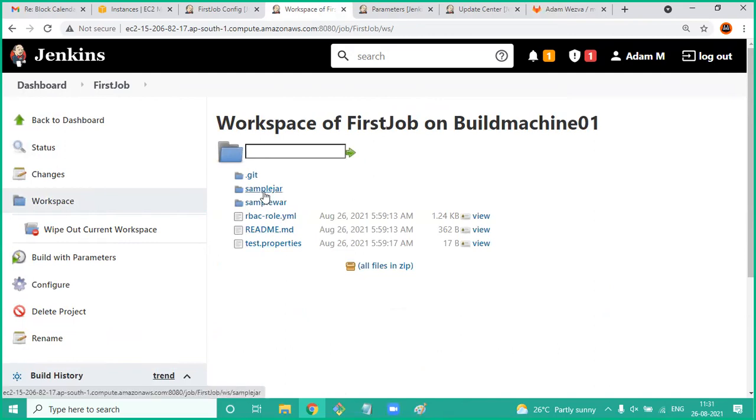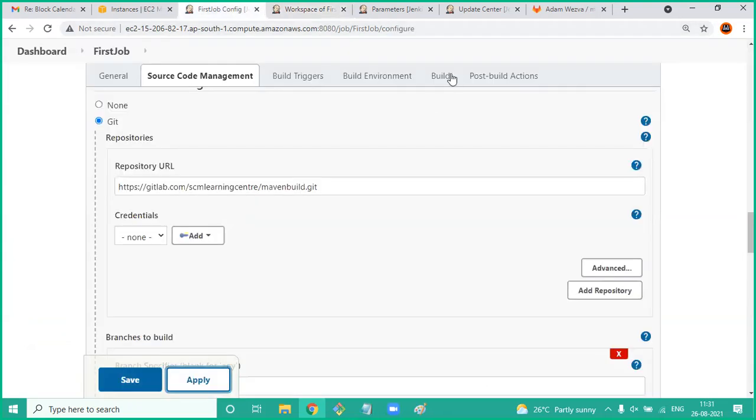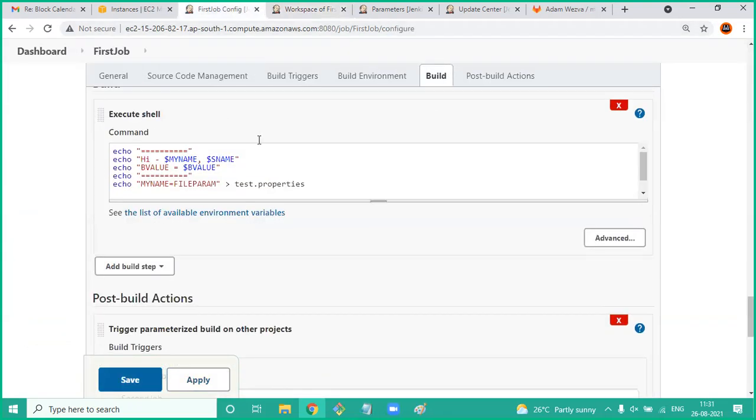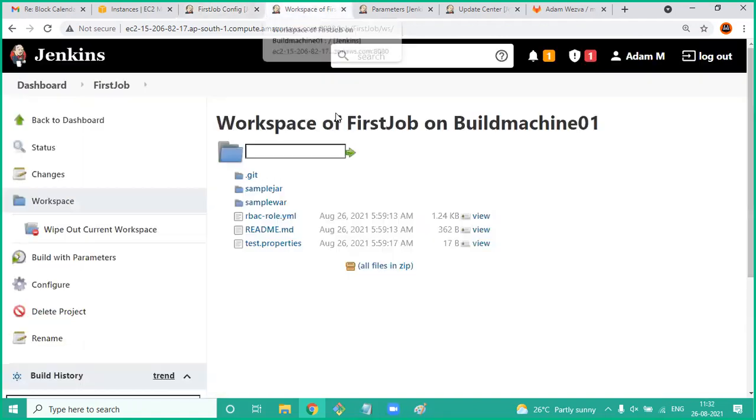So now if you are trying to do a build or some test, it will be very easy because you don't have to do the clone. The clone is already available, and you don't even have to tell Jenkins to go to this folder and run some Maven command or run some test or script. Anything you give inside your build step, where will it refer? It will refer to the same remote root working directory, isn't it? That is the default location, and whatever you give will run there. And that is the same location where Jenkins has also